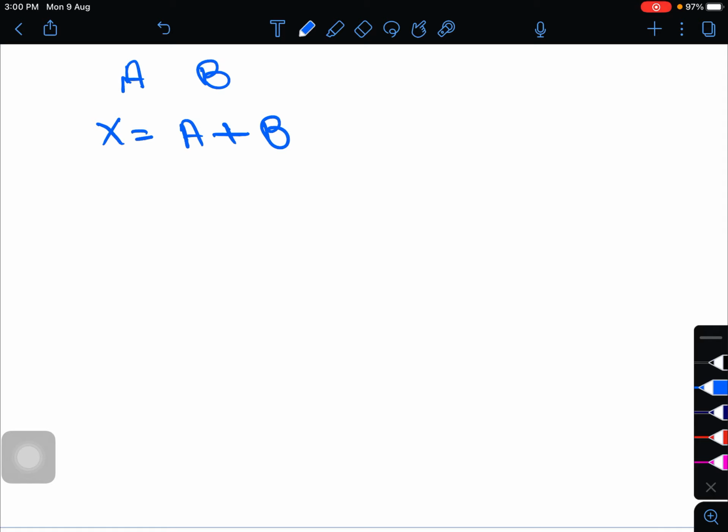But in the program, before using this A and B, it must be declared somewhere in the program. Simply in mind comes that the value of A is 3 and the value of B is 5, and you have to add them. Then you easily know the value, but the computer does not know.